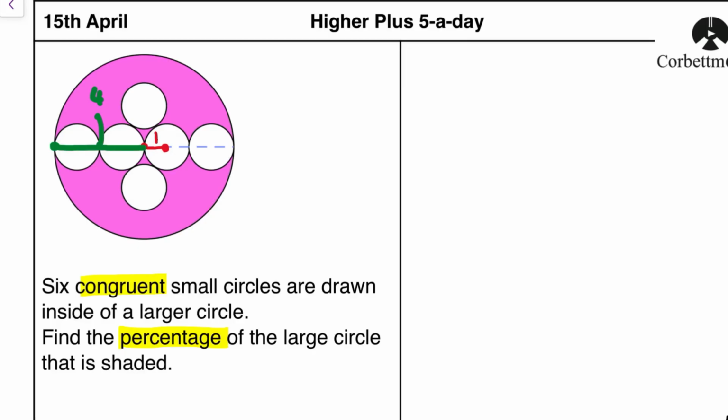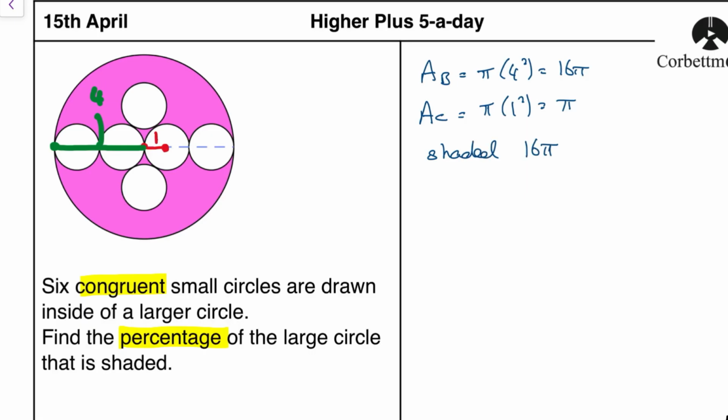So I can therefore say, well, let's do the area of the big circle. So the area of the big circle equals pi times r squared, which is 4 squared, which is 16 pi. The area of the little circle is going to be, well, the radius is 1, so it's going to be pi times 1 squared, which is pi. And there are 6 of those, so in other words, this shaded area is going to be 16 pi, the whole area, minus 6 pi's, because there's 6 circles, which is 10 pi,